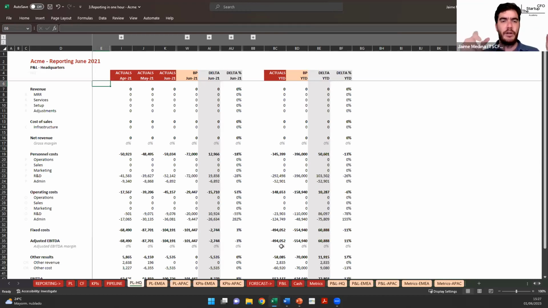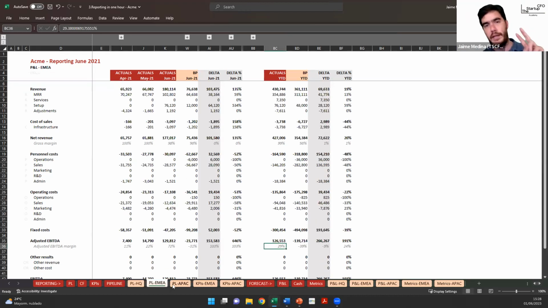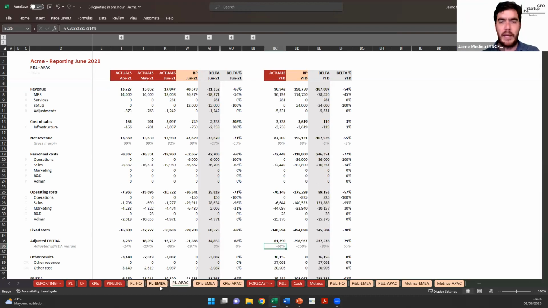A Starbucks needs to sell enough coffee such that the gross margin of each coffee pays for the salaries and the rent of a single place. Then that cafeteria needs to make enough profit such that they can pay the country offices. Each country needs to make enough profit on top to cover the cost of the people in headquarters in Seattle. And the company still needs to make enough money such that they can pay out dividends. So this is the analogy: the different Starbucks shops that we have, EMEA